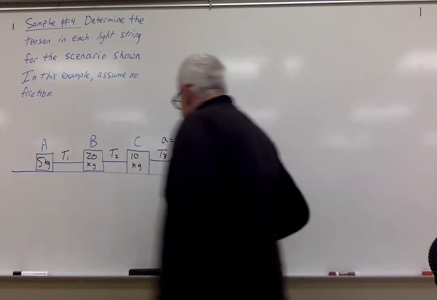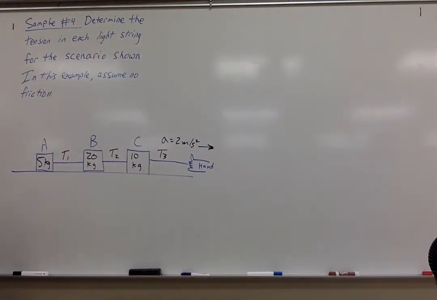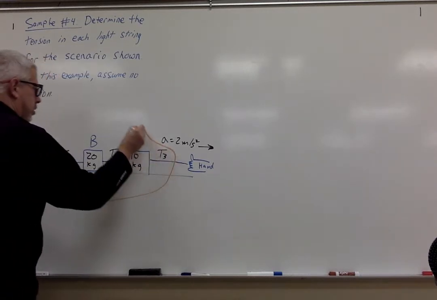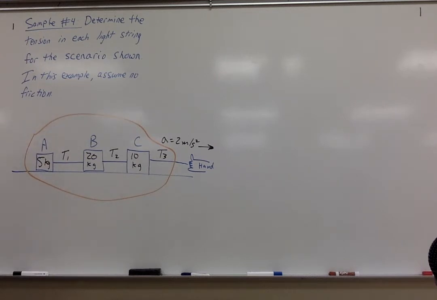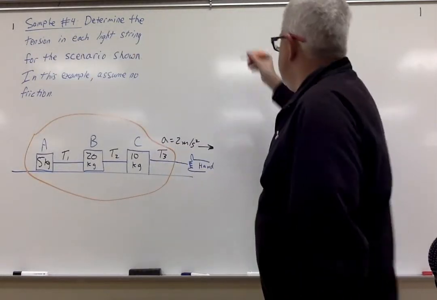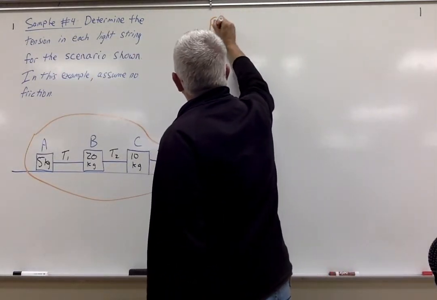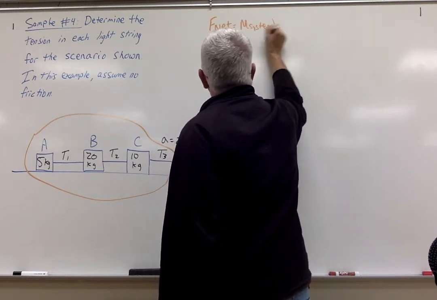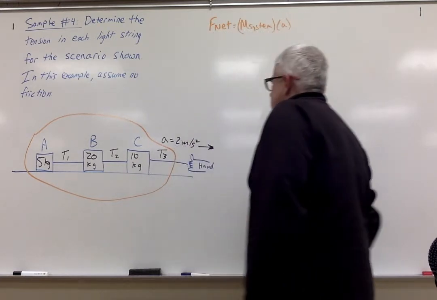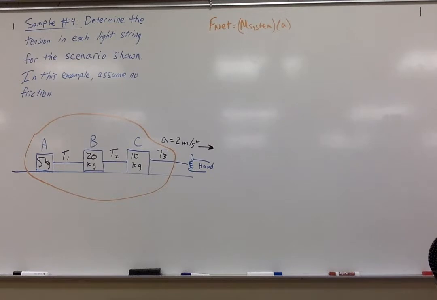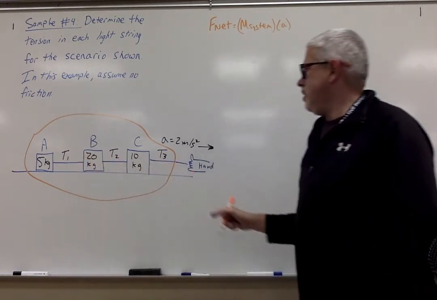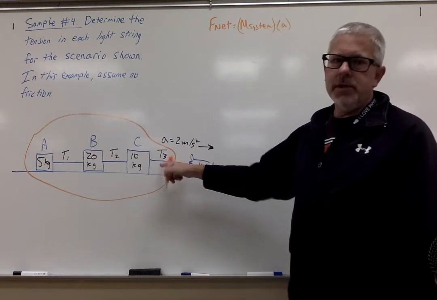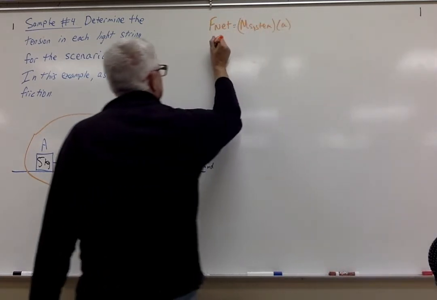It's also going to be helpful to pick a system. So in this particular case, I'm going to pick this whole group of all those 3 objects as my system. And I'm going to solve for T3. So when I look at this, once again, F net is M system times a. Well, if we think about this, if this is a frictionless system, the only thing causing a force on that system is the tension in rope 3. So I could rewrite this as T3,